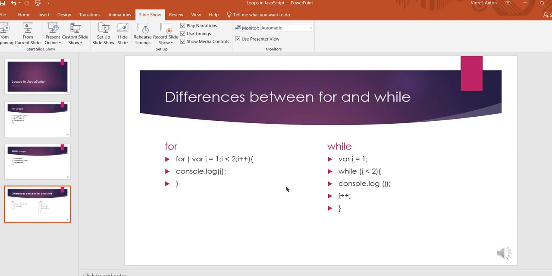And over here I created a page with the differences between the for and while loops. As you can see, we create a variable called i and set it to 1, and it is stored inside the computer memory. Now the code goes inside the while loop and will evaluate the statement between the parentheses. Well, 1 is definitely less than